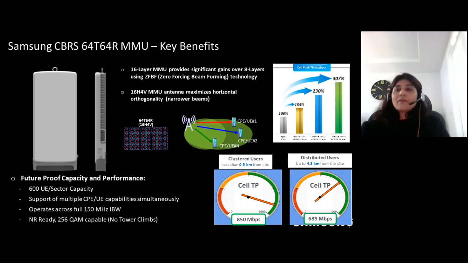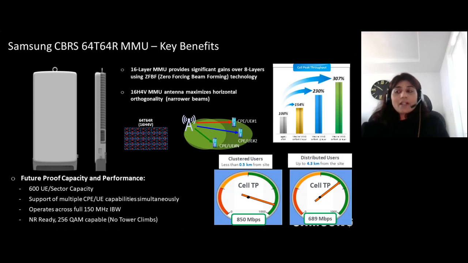So if we look at downlink MU-MIMO, imperfect or non-orthogonal beams can cause multi-user interference, and hence beamforming weight has to be chosen very carefully. If you look at Samsung's Massive MIMO product, it creates a channel matrix and it forces a zero beam towards the other users. So the target user will get the full beam and the other users get a null, basically, and it is called zero forcing beamforming that reduces the interference in the network greatly and enhances the capacity of the system.